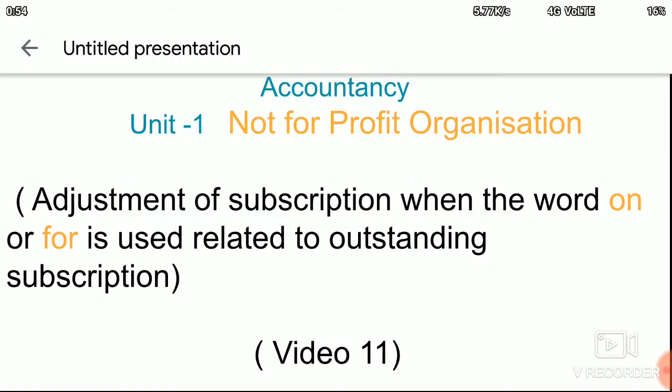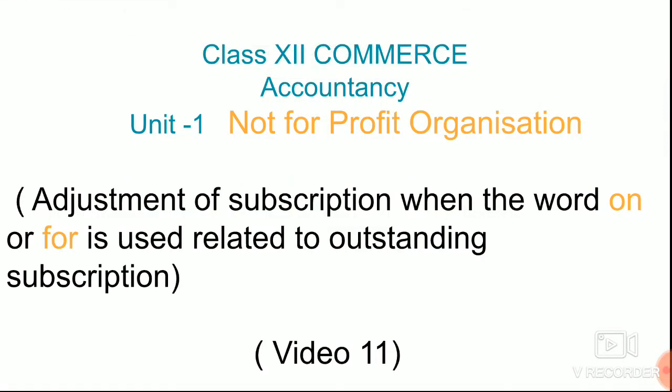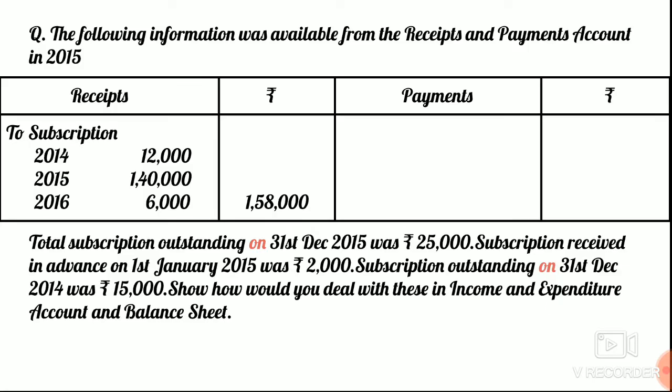Hello everyone. In this video, I will try to explain the adjustment related to subscription when the word "on" or "for" is used, especially related to outstanding subscription. This is an extract from the receipts and payments account of 2015, and we can see in this extract that